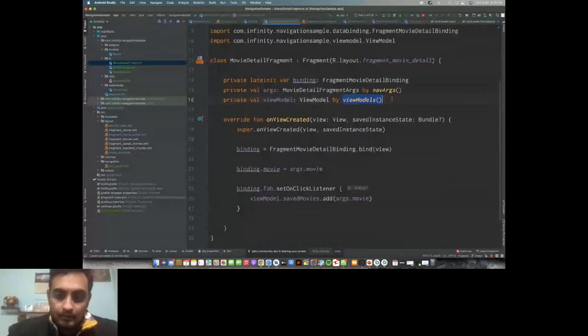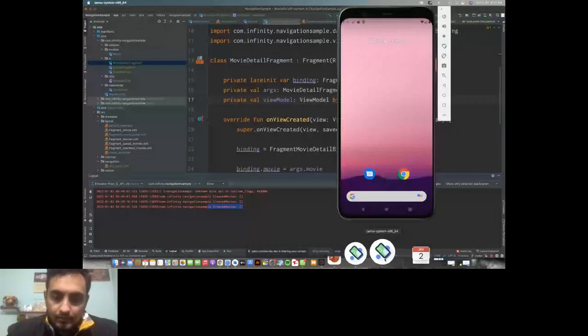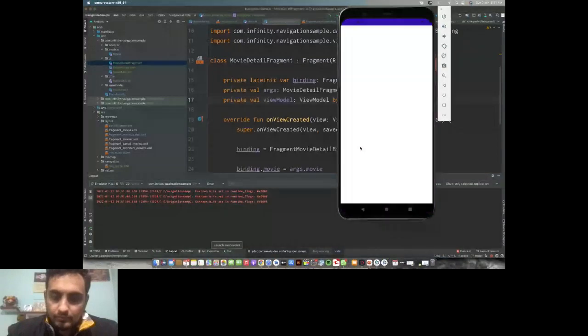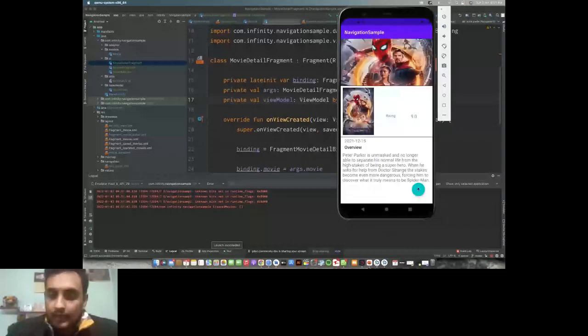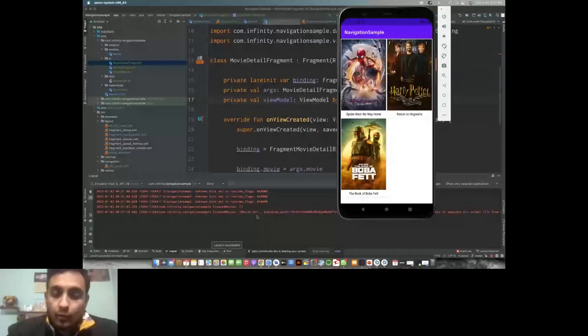So activity view models, and let's go back to our app and check if everything works now. So currently we have an empty list. Now I will save this movie, and when I get back, now our movie is getting saved. So this is how